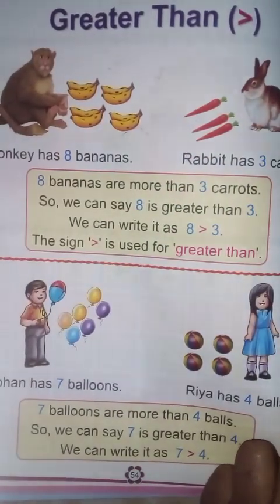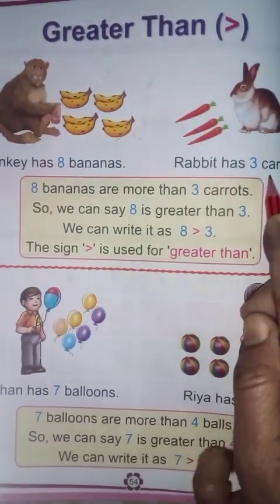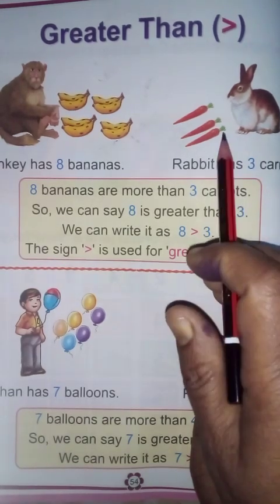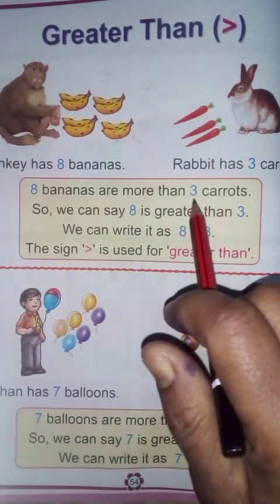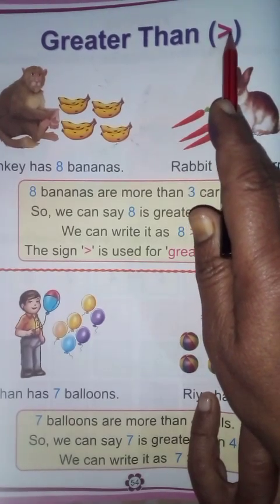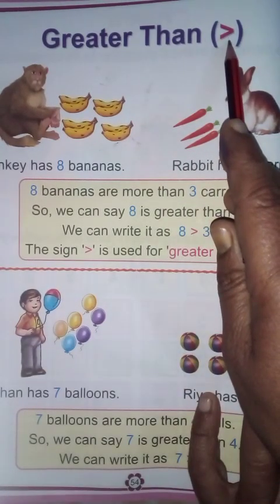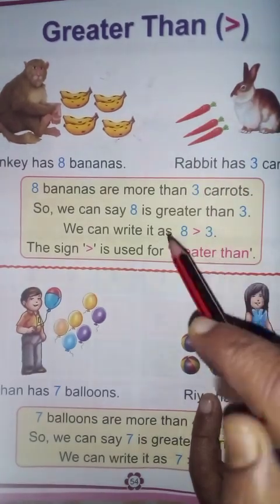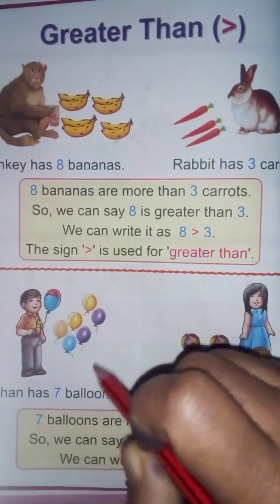See, here they are saying the monkey has 8 bananas. The rabbit has 3 carrots. In this sum, the funniest thing is if they ask greater than or lesser than, sometimes the child forgets that he has to put the sign this side or that side. This is the sign for greater than. But he gets confused. Which sign should I put? So the easiest way to teach a child is to say to your child that